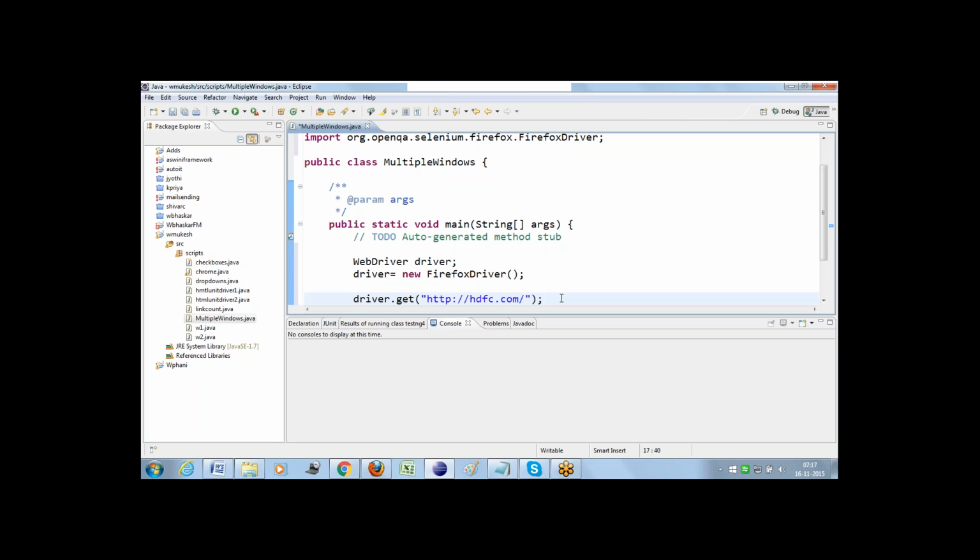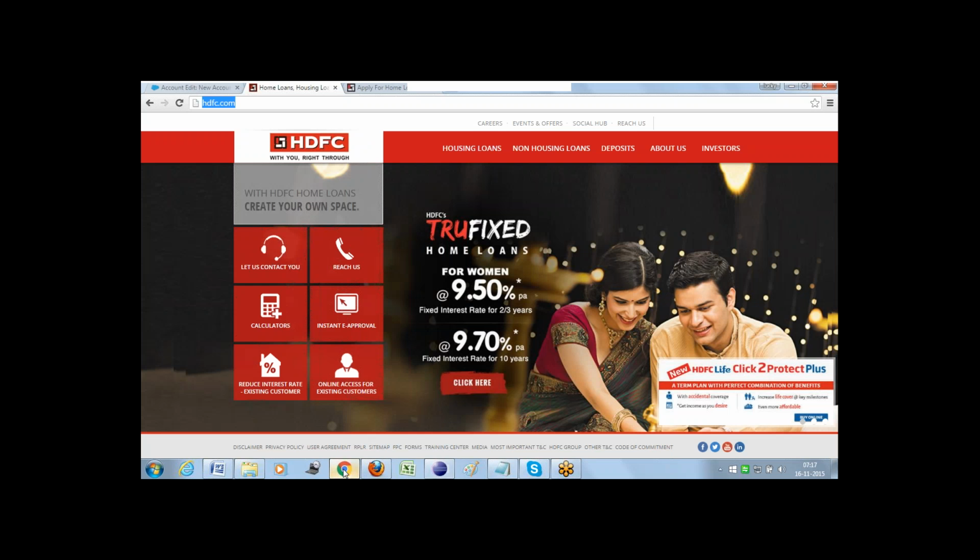Okay, so the next point is, after opening the app, I need to click on this instance approval. So here, in order to click on an instance approval,